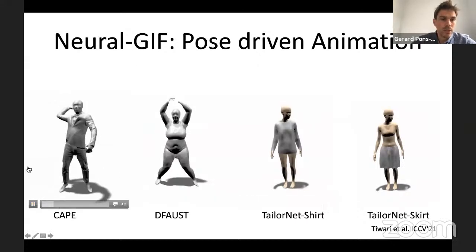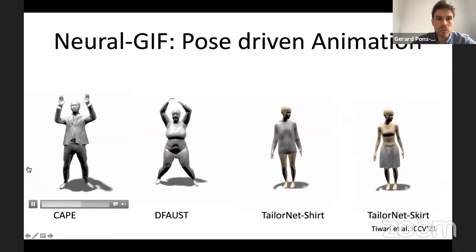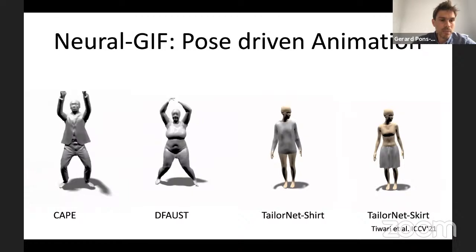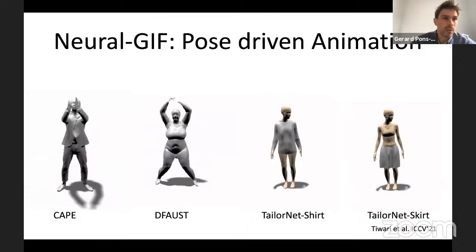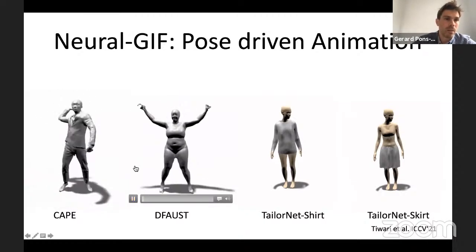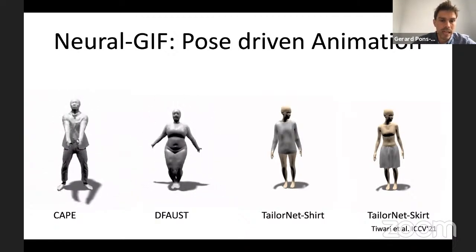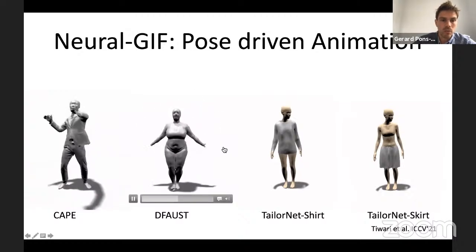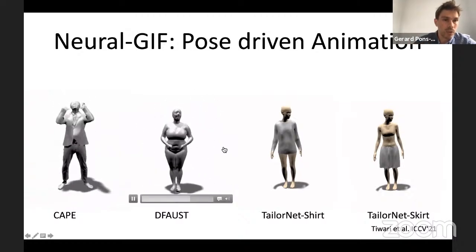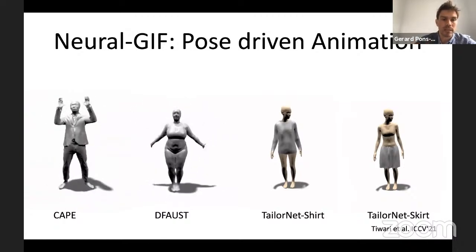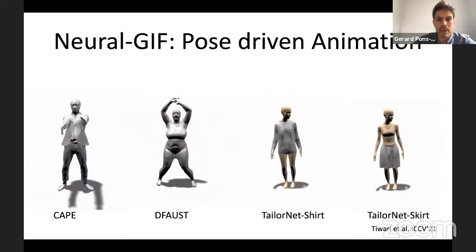Basically, doing this, you can train the model with raw scans, and you can achieve a level of detail that is quite nice, actually. This would be almost impossible to do with meshes, or you would need very high resolution, and then you would run into problems if you have complex clothing with different topologies and so on. So here's the model generalizing to new poses, I should say. And it's producing this nice dynamics